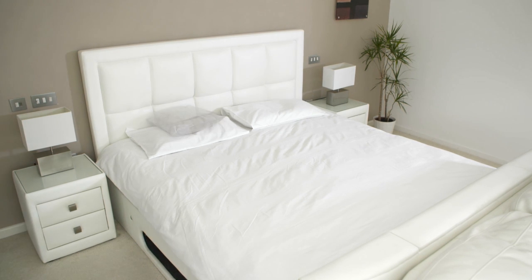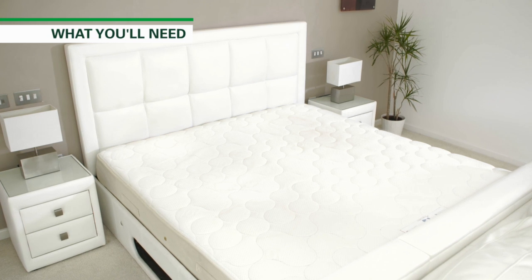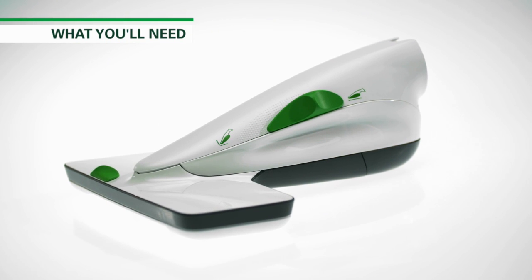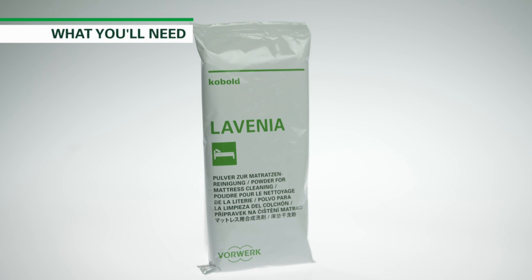The Kobold mattress cleaning set has been specifically designed to give you a healthier night's sleep. To start cleaning your mattress, you'll need the PB440 electric upholstery brush, the MR440 deep cleaning mattress attachment, the MP440 dry cleaning mattress attachment, and Lavinia mattress cleaning powder. To get set up,